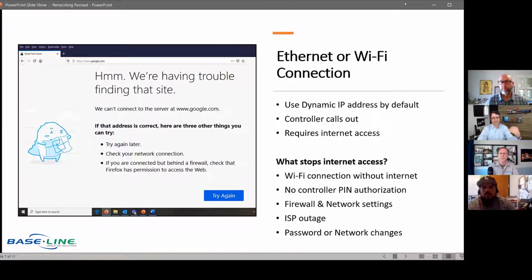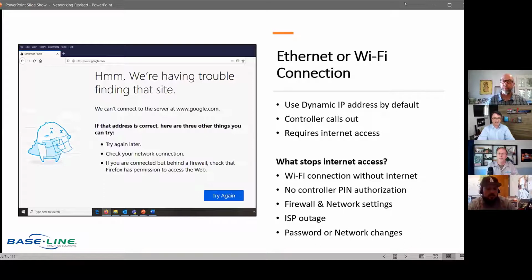And I think that is the lead into "requires internet access," which is that the controller needs to be able to visit the Baseline server. So in order to visit the Baseline server, it needs access, much like if you were going to take your browser, which this is a great illustration, and try to visit google.com. If you were to think of that Ethernet cable and, instead of plugging it into the controller, you plugged it into your laptop, you need to be able to go to google.com